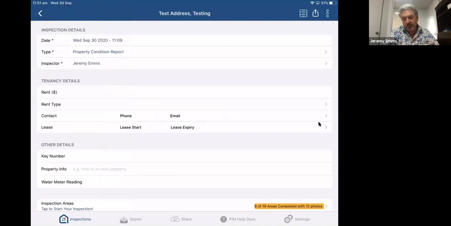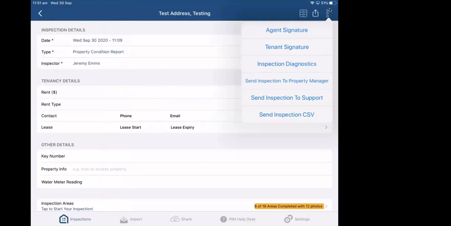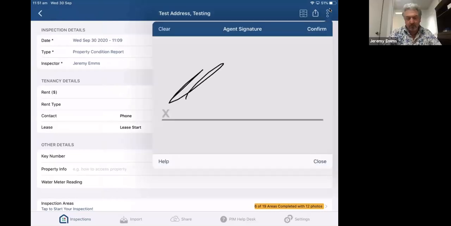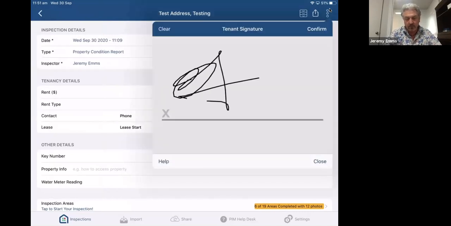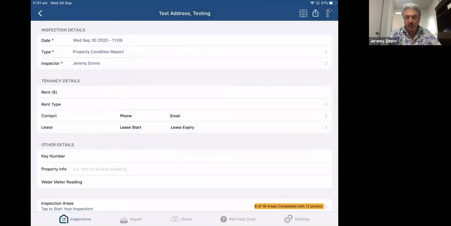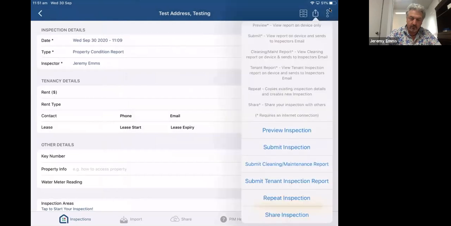You'll see there's 3 little dots in the top right-hand corner. If you press those, you can add an agent signature. So you can drop it in there, confirm. You can also put a tenant signature in there as well. Confirm, and then it will come up into the report when it's generated, which I think, if I just do that now, it should do.